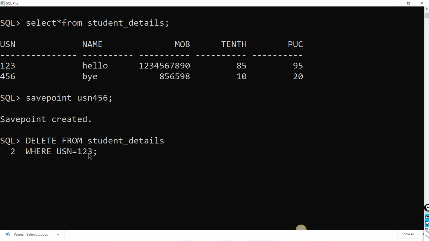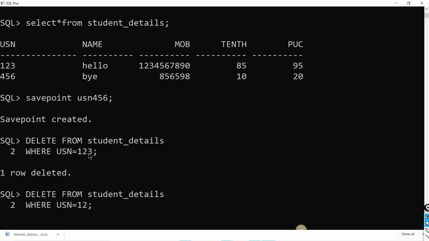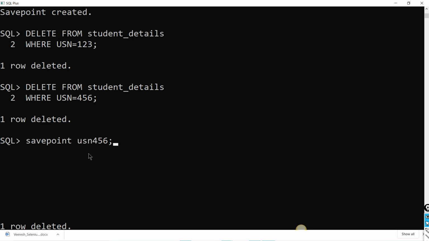Delete and from are both keywords. Now 1 2 3 is a savepoint. I'll delete 1 2 3, and I'll also delete one more, 4 5 6. Both rows are deleted now. Let me check whether it is deleted or not. Deleted.